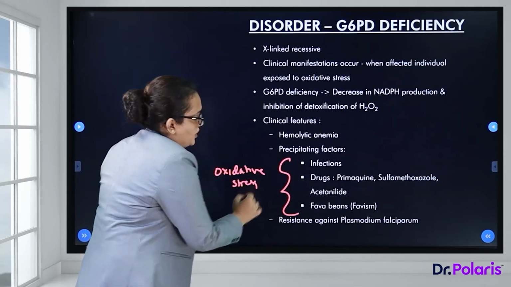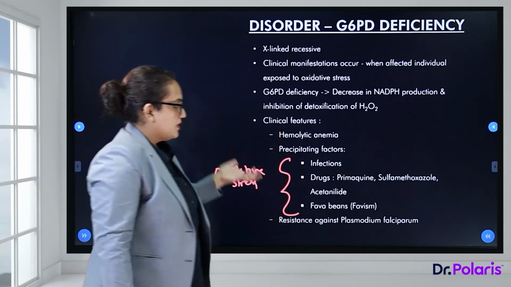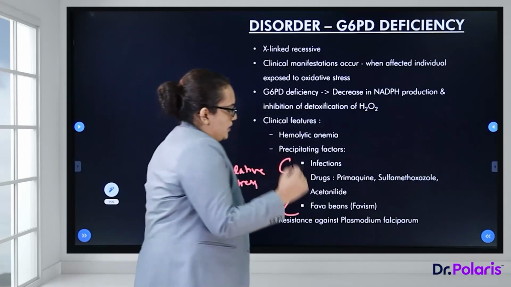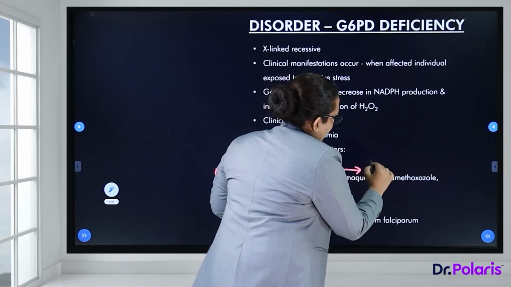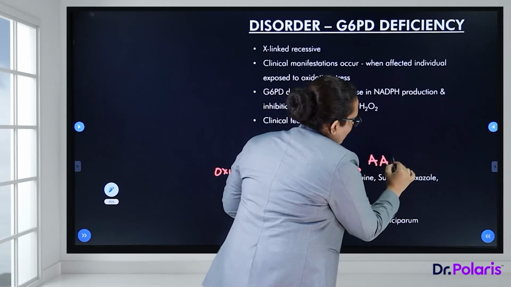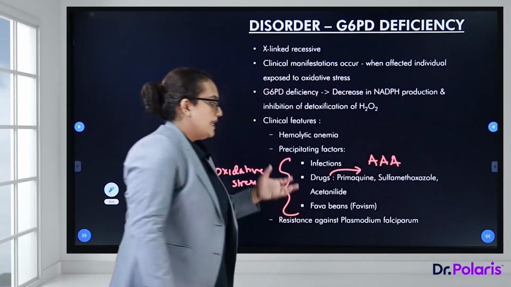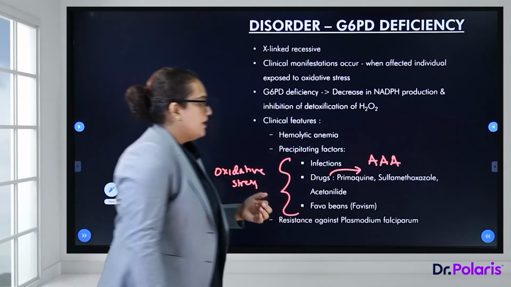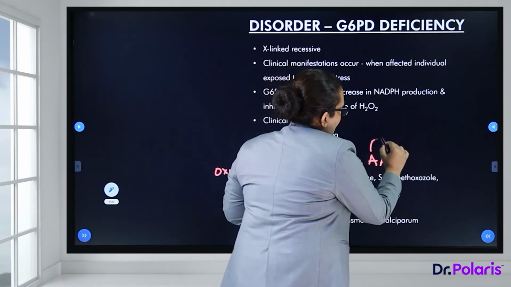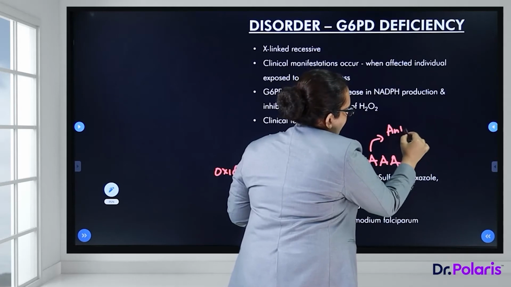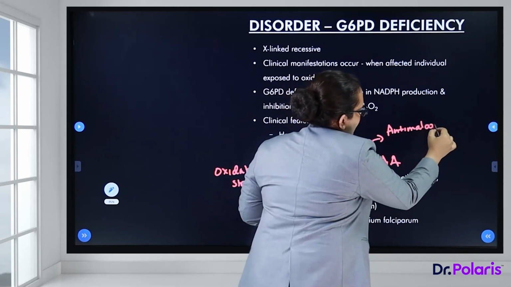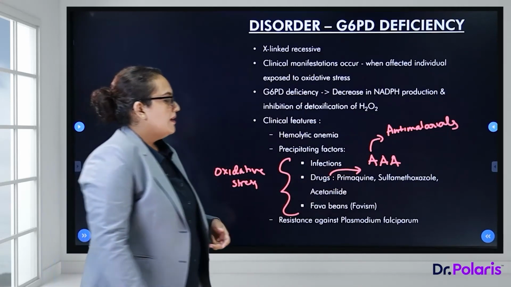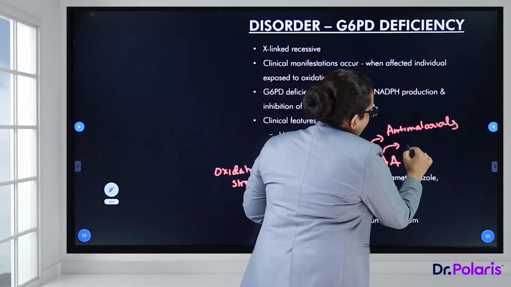So we have infections. Any infection can cause oxidative stress. Exposure to certain drugs. I generally use this particular tool to remember the drugs that can cause G6PD deficiency hemolytic anemia. So the triple A's include anti-malarials, drugs used in the treatment of malaria, which is primaquine or chloroquine, etc. Then we have antibiotics, certain antibiotics,